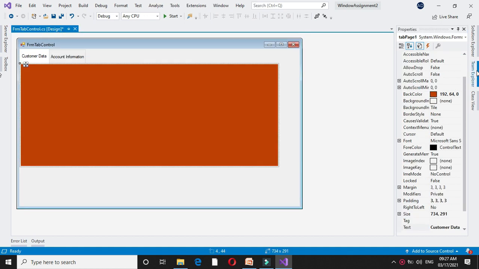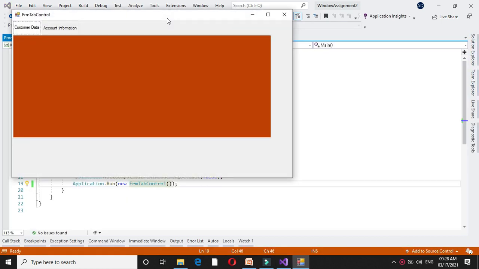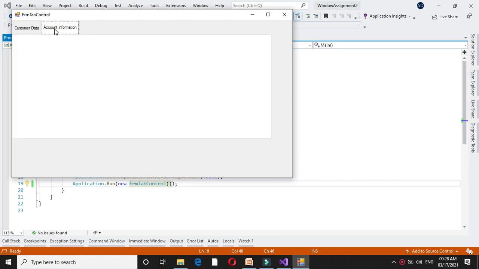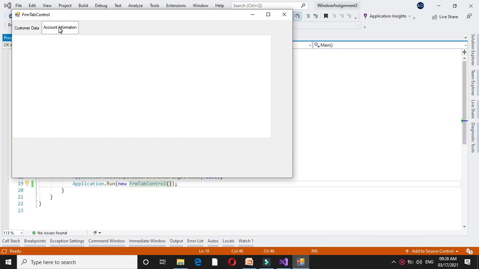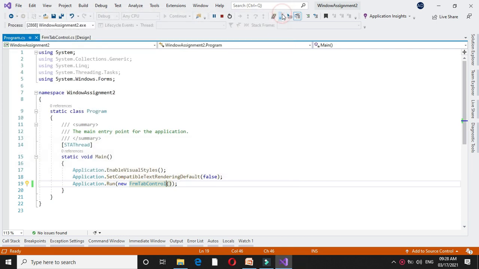To execute, we will set it as the startup form. When we execute, tab page 1 is our default tab page that will appear on the screen. You can change it by clicking on the tab page. If you want to set account information as your default page, you can set it.